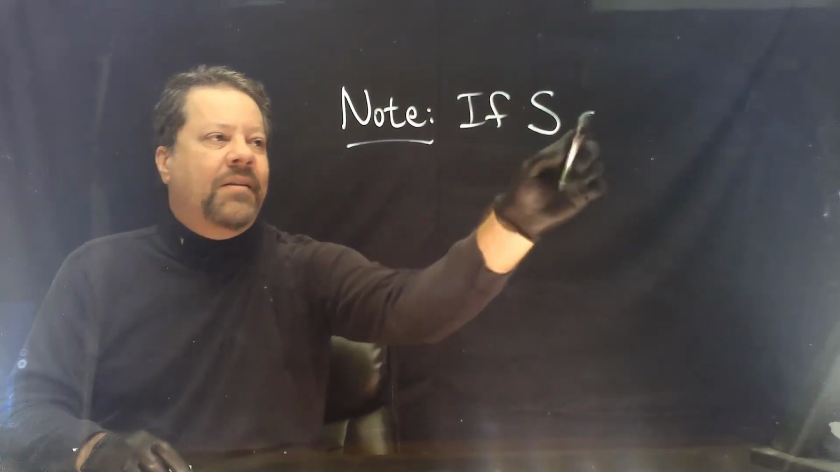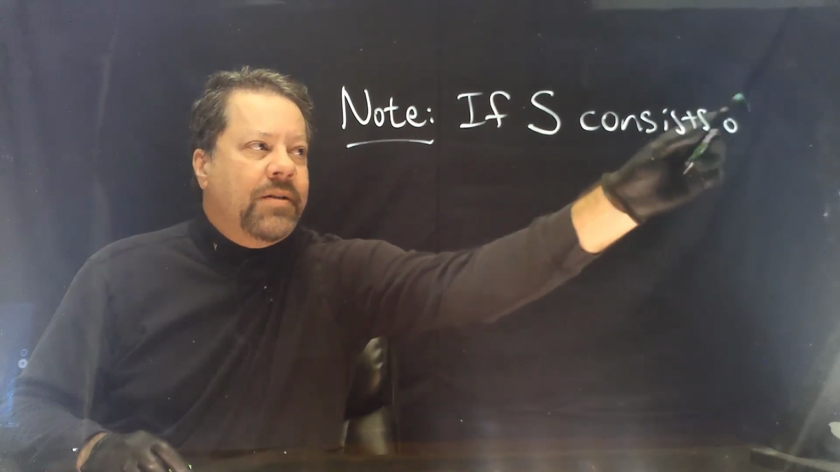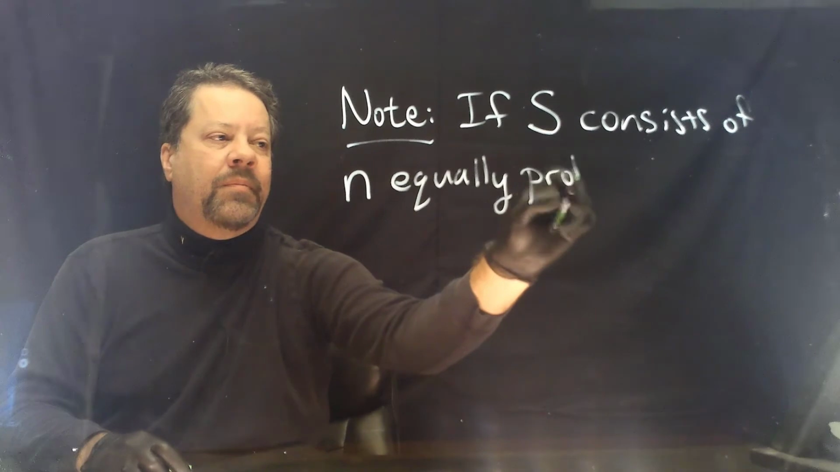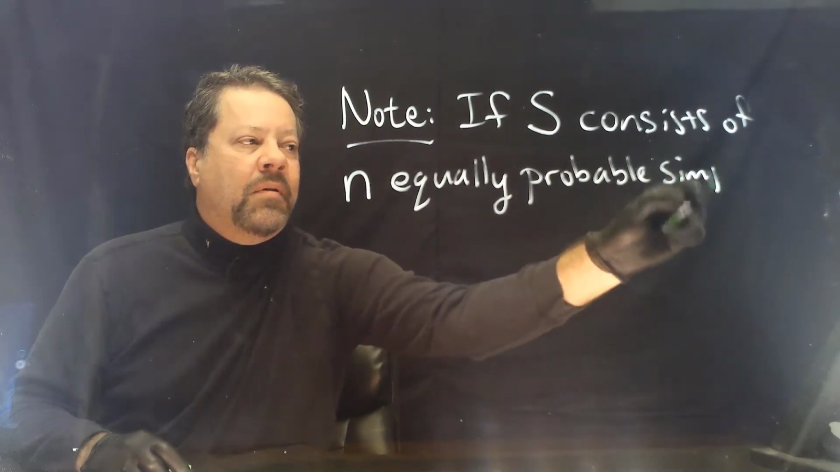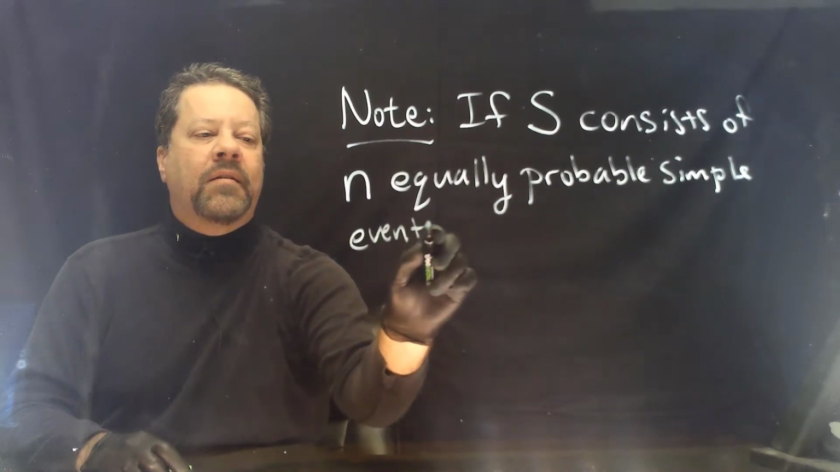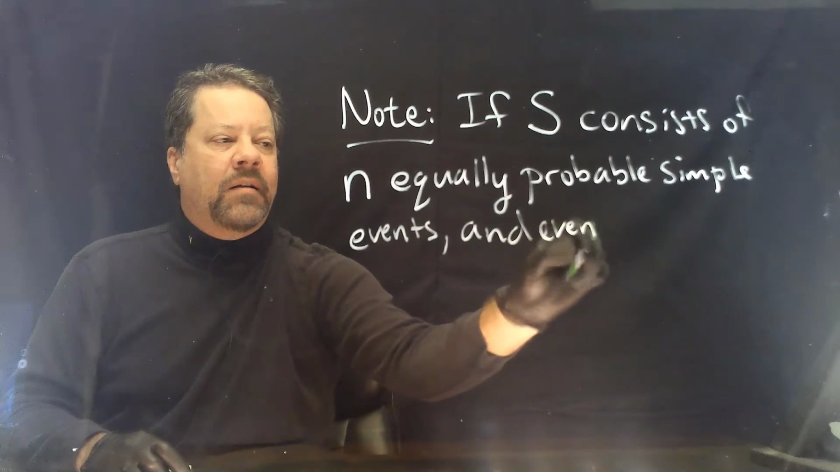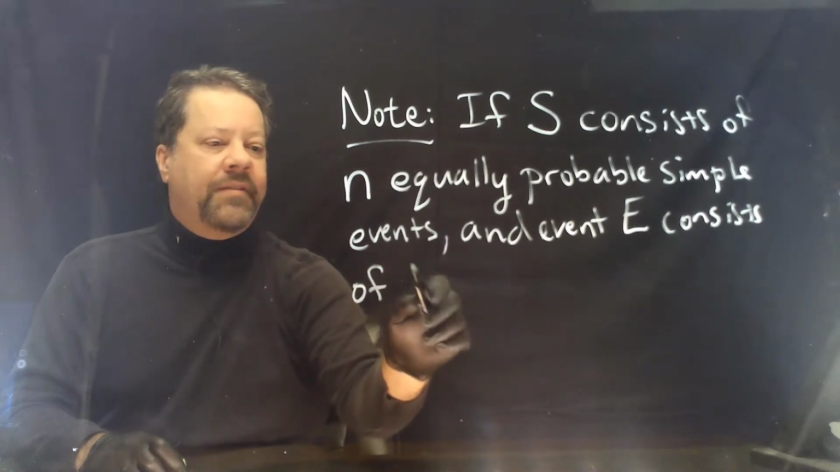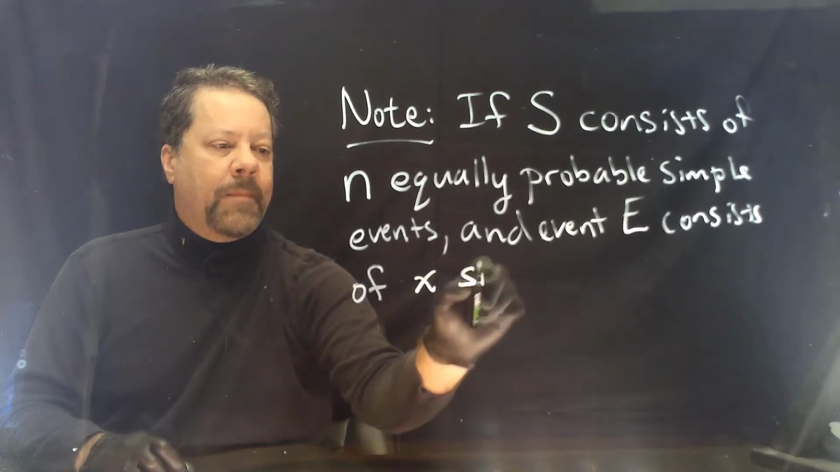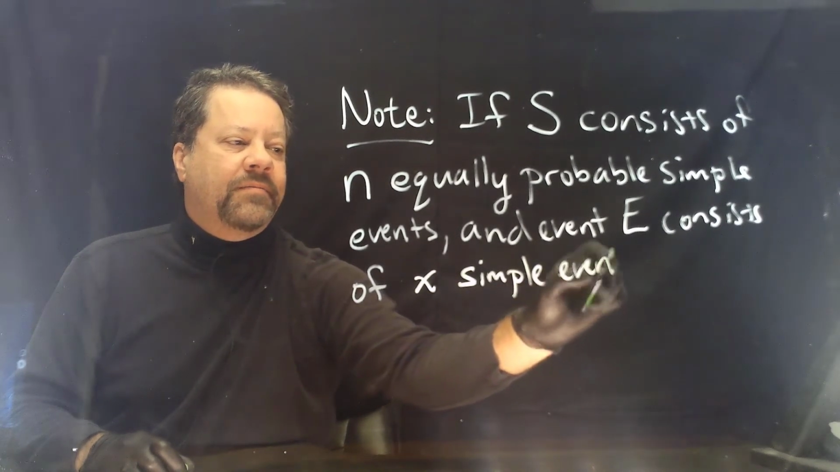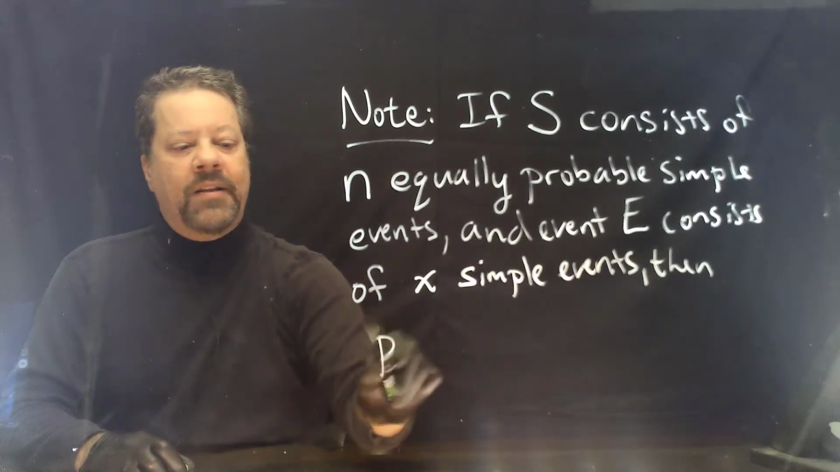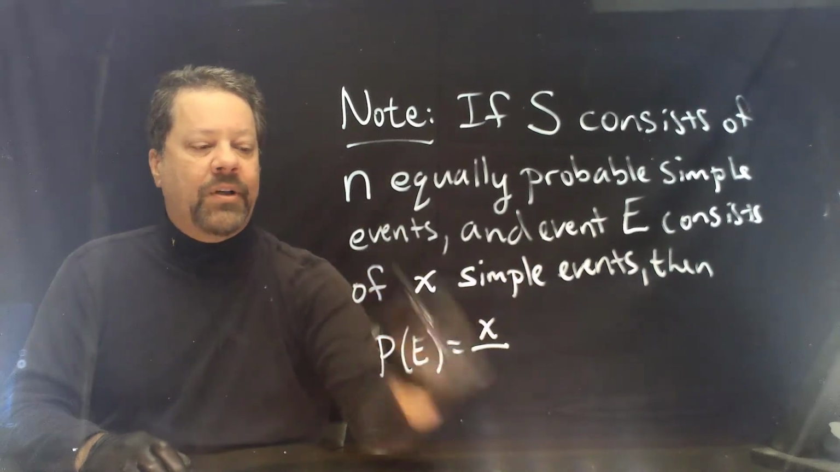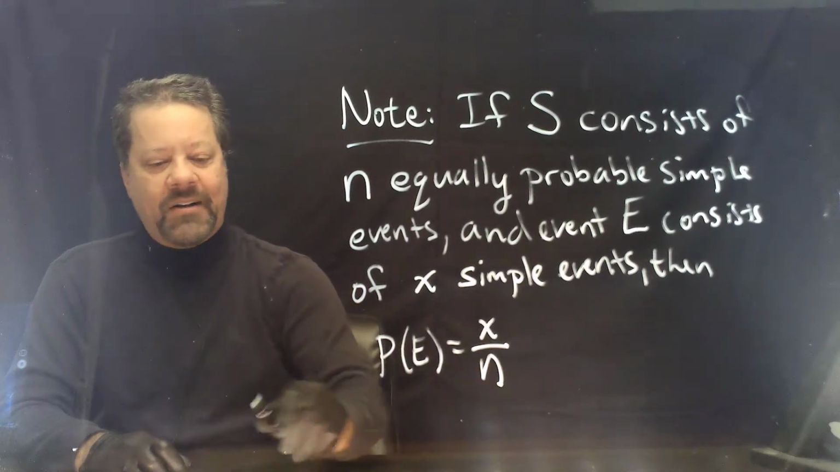If the sample space S consists of n equally probable simple events, and event E consists of, let's say, X simple events, then the probability of event E will be the number of simple events in E divided by the total number of possibilities. So in our example